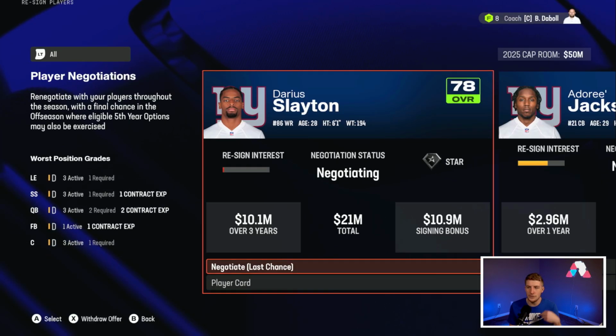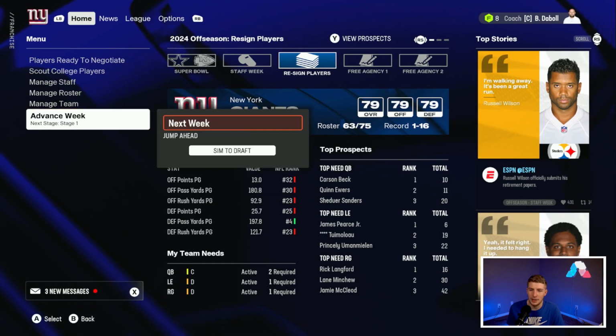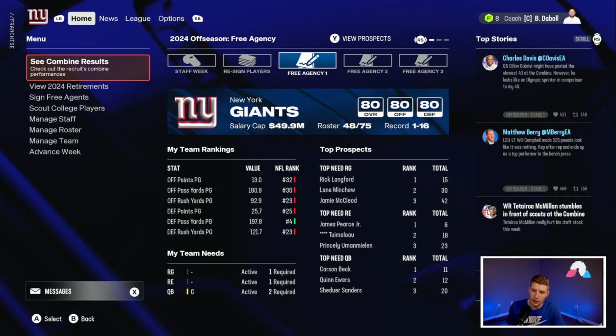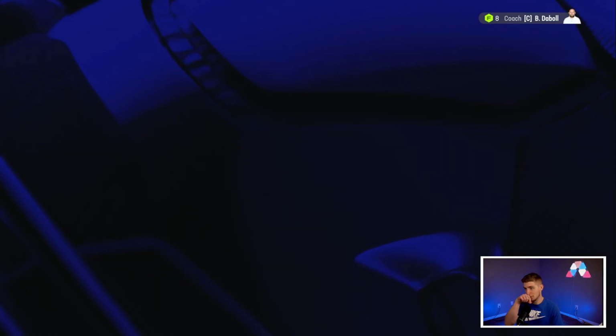Okay, so we got about $50 million in cap space going into free agency, so I'm not expecting to be a big spender in free agency by any means. The main component of this rebuild is going to be the draft. We have to draft really well. We need a quarterback. We have Carson Beck, Quinn Ewers, Shedeur Sanders. Whatever we need to do at the #1 overall pick, we'll absolutely do that. So let's take a look